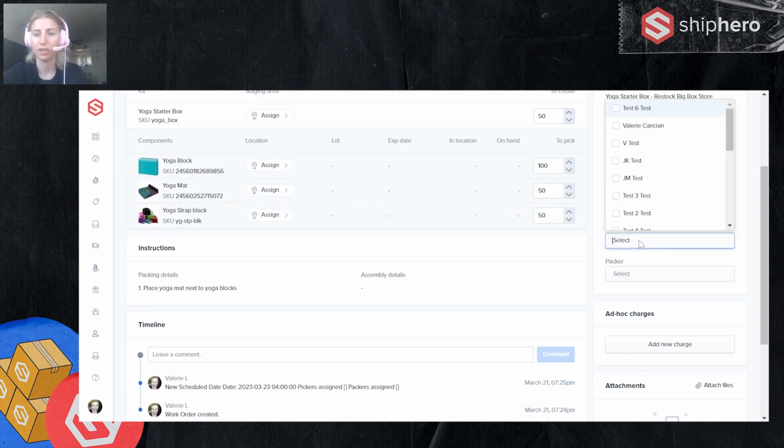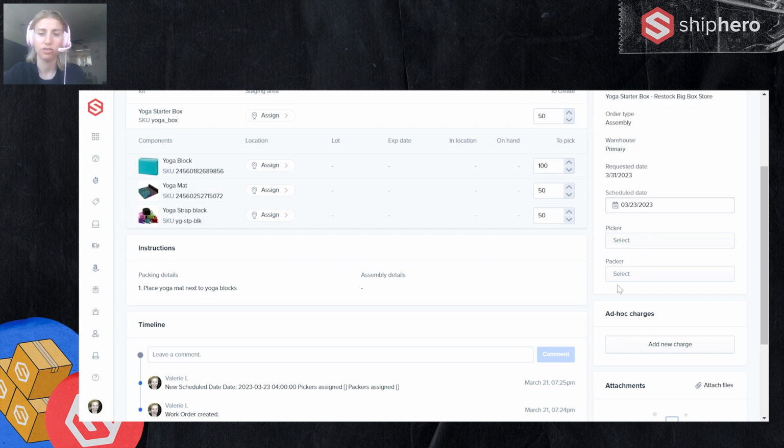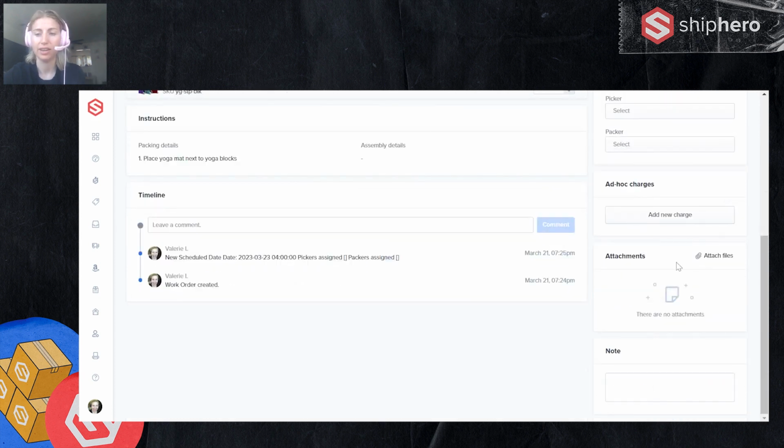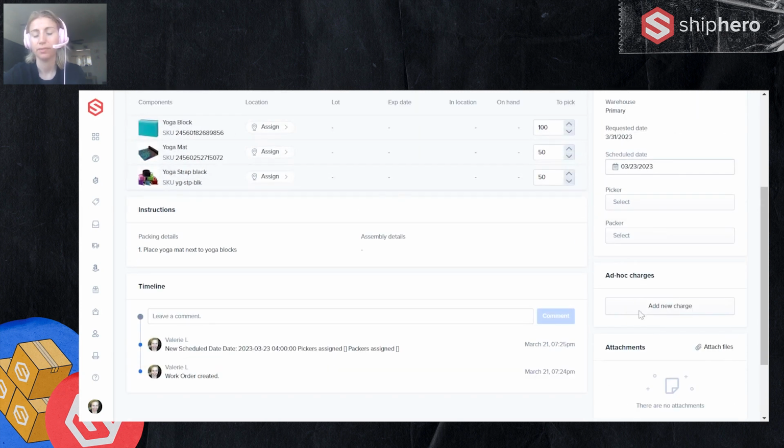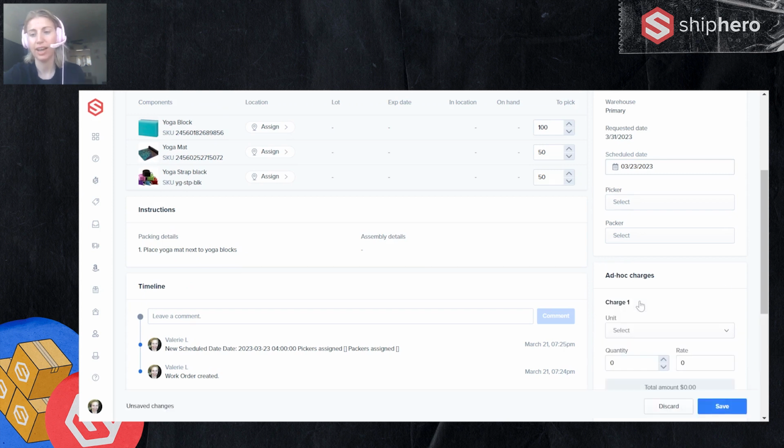You can assign pickers and packers just to track who was working on this. Here, you can add additional attachments, add additional notes. For 3PL accounts that are linked to billing, they can add charges that will then go to 3PL billing.